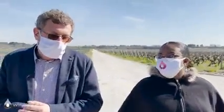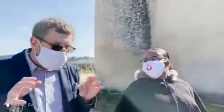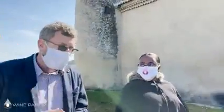The characteristic of the Sauternes appellation is the importance of the climate. In autumn, September and October, during the harvest period, we have a very specific microclimate in Sauternes, thanks to the presence of two rivers. The main one is the Garonne River that you can see when you visit Bordeaux City. And we also have a very small river that crosses the vineyard from south to north, named the